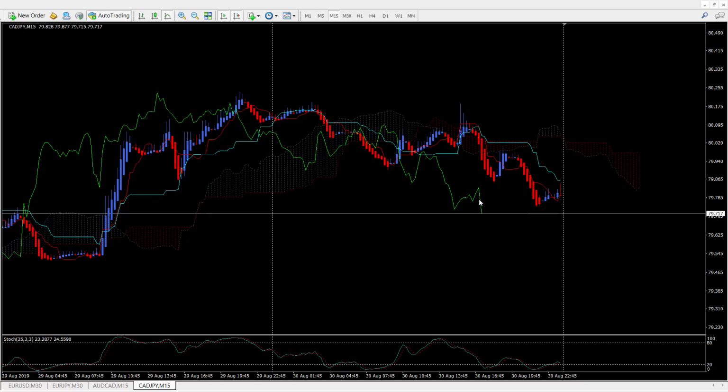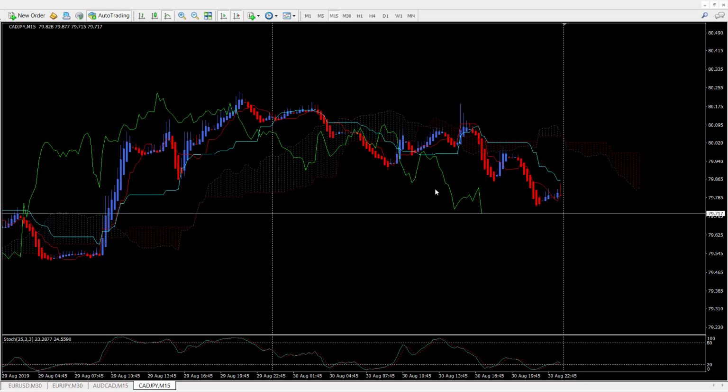It works 26 bars back. So right here, once the price breaks out and the Tenkan crosses the Kijun, and at that time the Chikou line is below the cloud, away from the cloud,